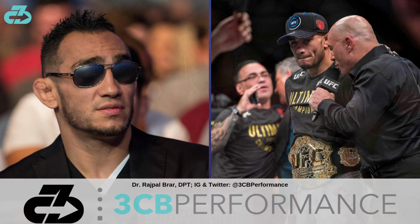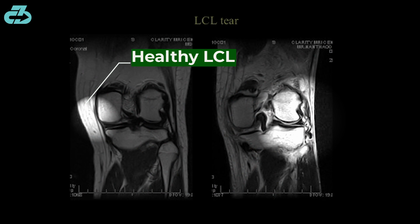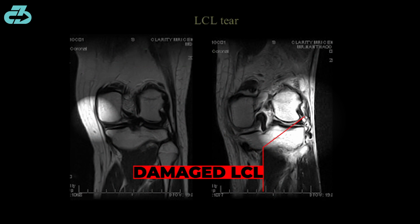On April 1st, 2018, Tony "El Cucuy" Ferguson slipped during a promo event in the lead-up to his much-anticipated lightweight title match with undefeated Khabib. In the following days and week, Ferguson felt persistent pain in his left knee but tried to train through it. However, an MRI revealed a completely ruptured left lateral collateral ligament, LCL, which led to El Cucuy pulling out of